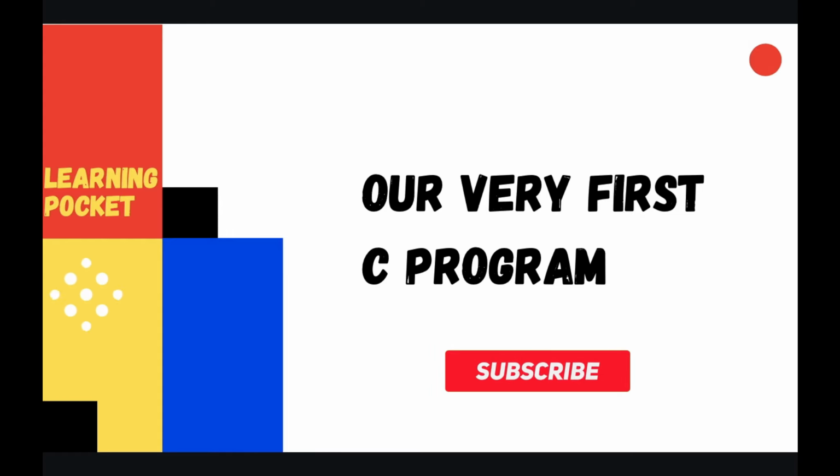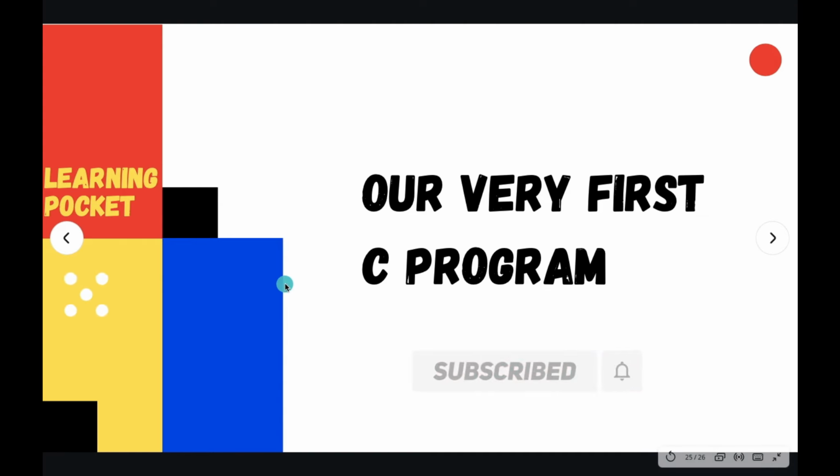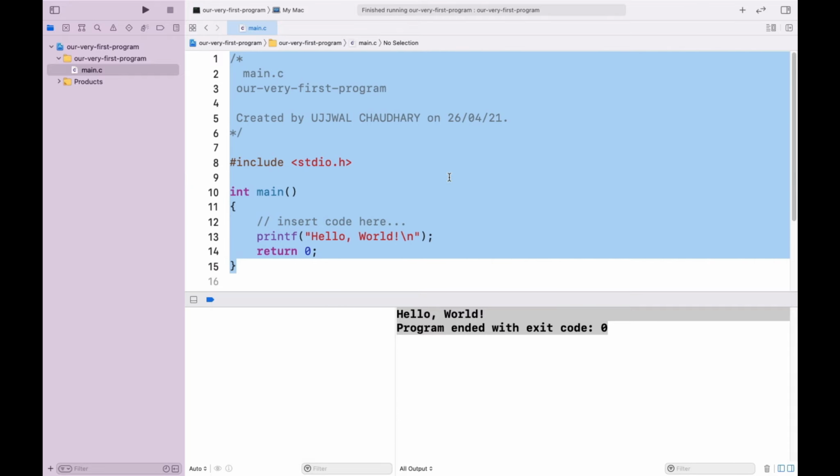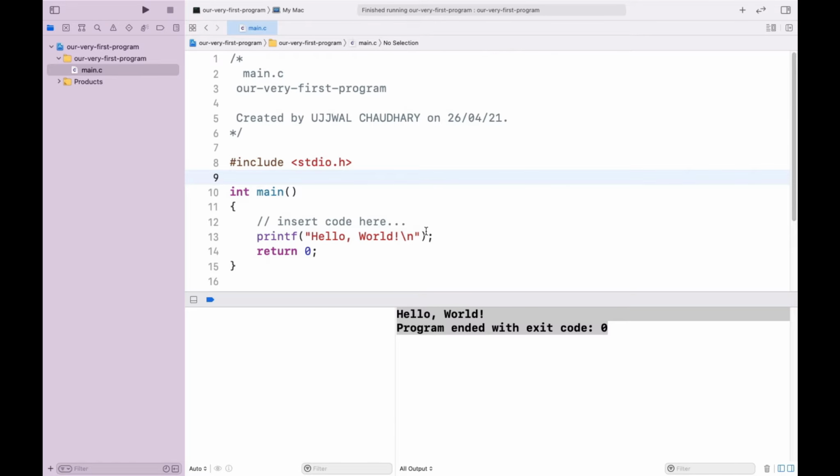The Learning Pockets channel, and we were writing our very first C program. Let's continue, and we ended upon the output of this respective code, very first code. So here we have hello world, and then in the very next line we have program ended with exit code